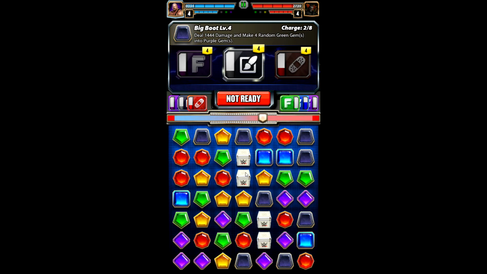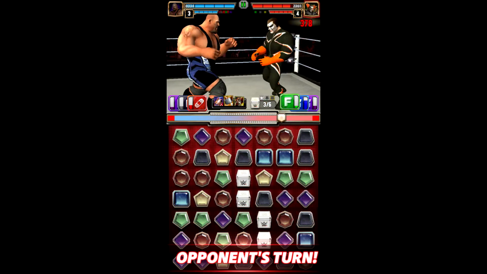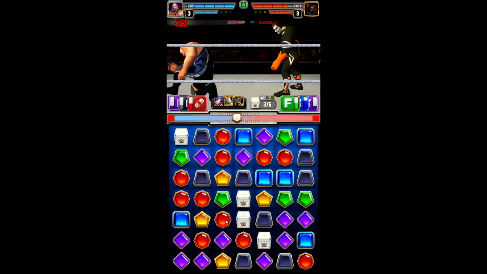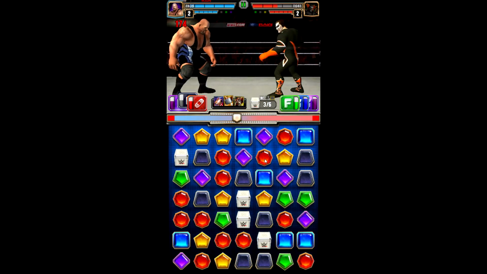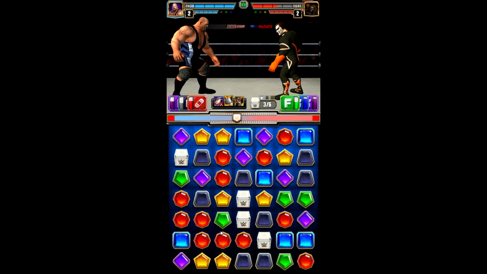Yep, four random green gems into purple. Okay, so we're looking for black or purple. Can't do that again, so let's keep playing through until we get some combos that help us. I'm not too worried about trying to beat these guys. I'm just going to try and charge up my move. So here we go. Any more? No, we've got about two more. Okay, so we'll do this,